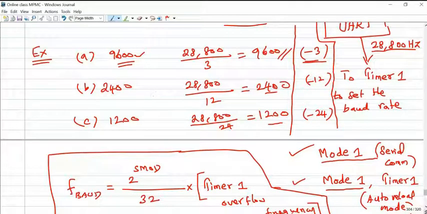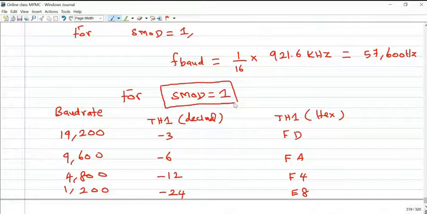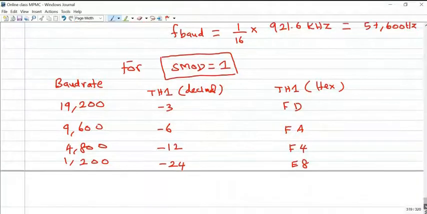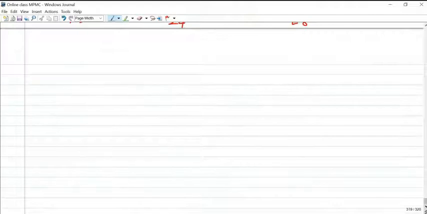There is a possibility for increasing this baud rate up to 19,200. For that, we have to keep SMOD equal to 1. The serial mode bit in the power control register should be 1. Okay, please remember that particular point.